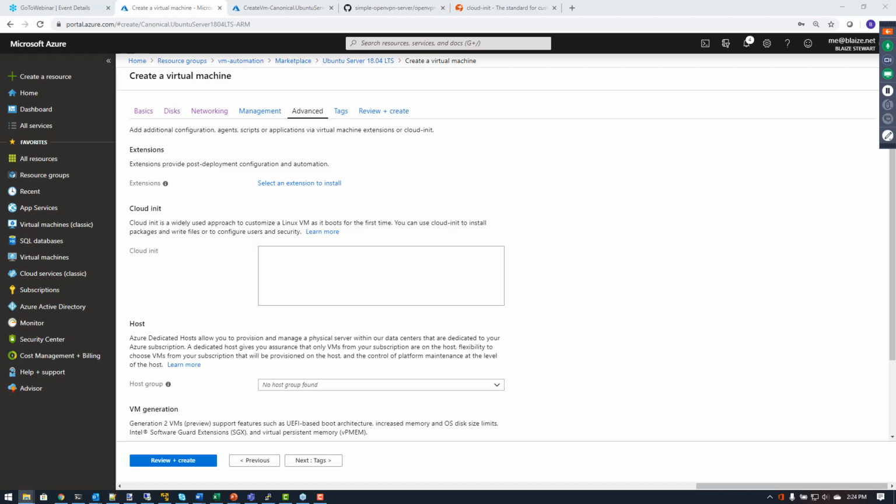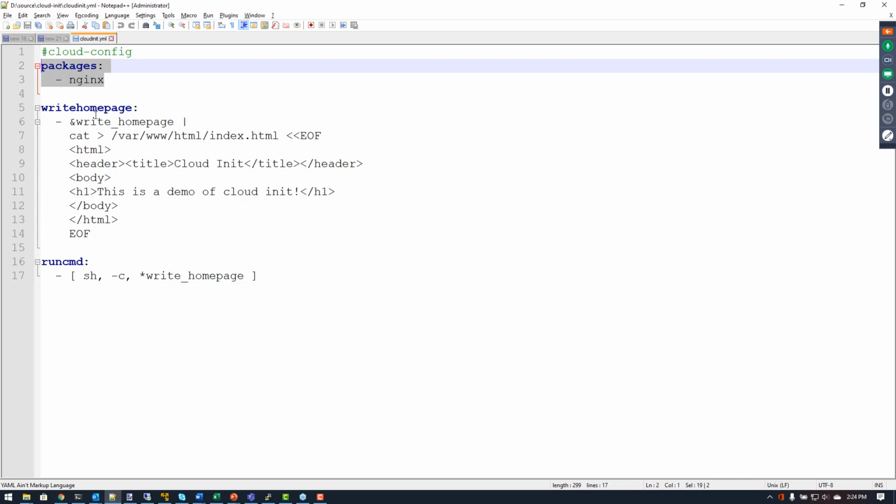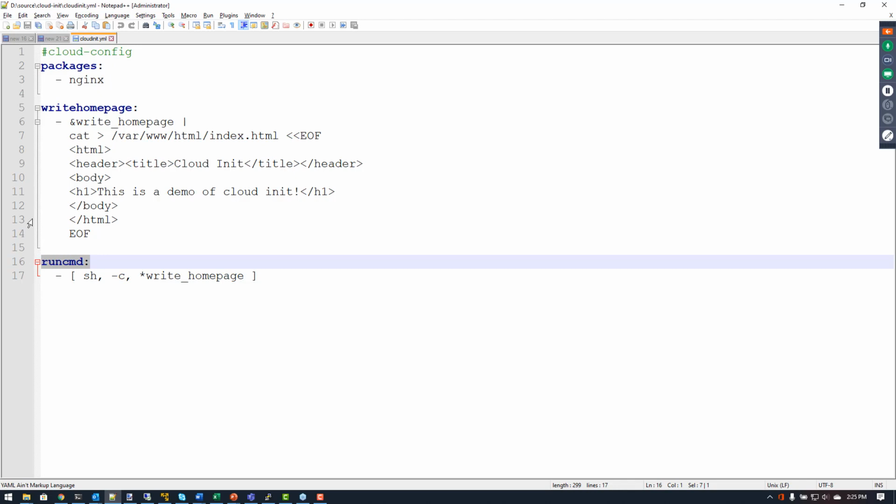that I've already built so I can walk you through it. I'm going to show you what this looks like first, and then I'll copy and paste it into that text box. So basically, this is a very basic example, but what it will do is install a package, in this case Nginx, and this is a YAML file. And once it installs the package, it's then going to run a command. So I can run a command with this particular CloudOnit, and what it's going to do is run a